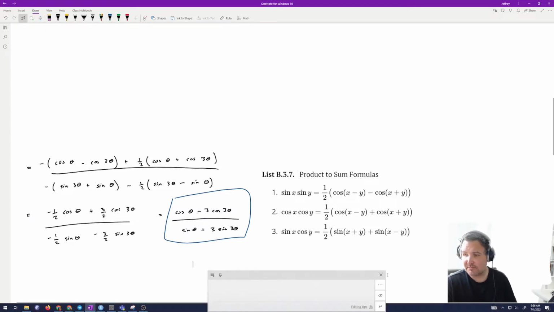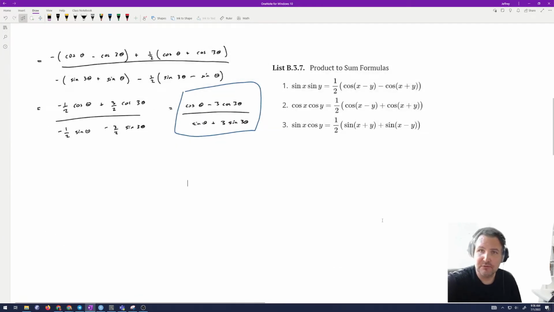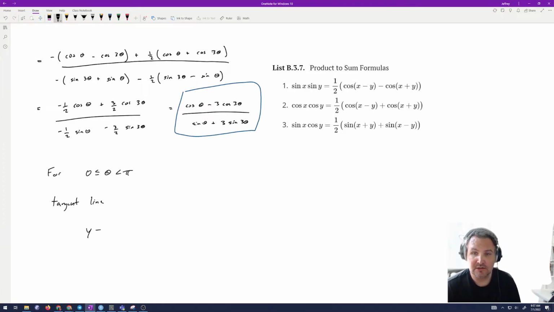So that's great. So what about the tangent line? Well, for the tangent line, we have the slope and we need a point. So for some theta between 0 and 2 pi, what's the tangent line? The tangent line would be y minus the y value. But what was the y value? We found that. That was r sine theta. So that was cosine 2 theta times sine theta